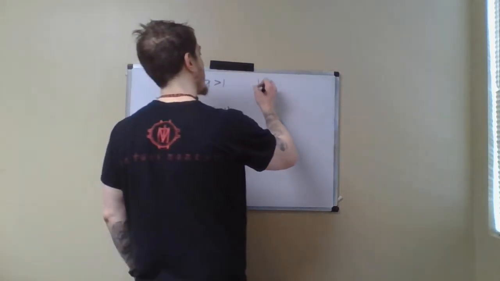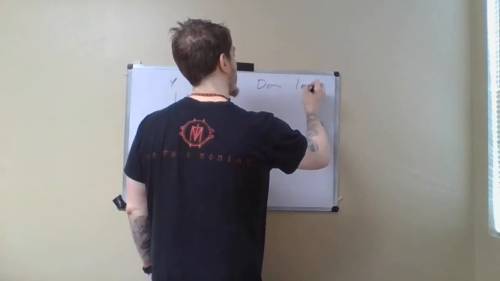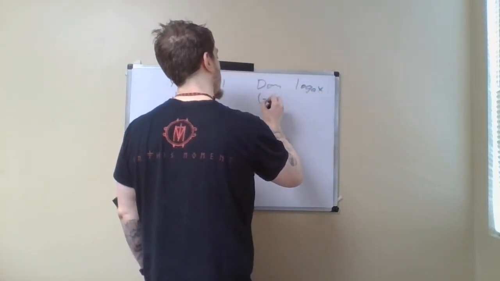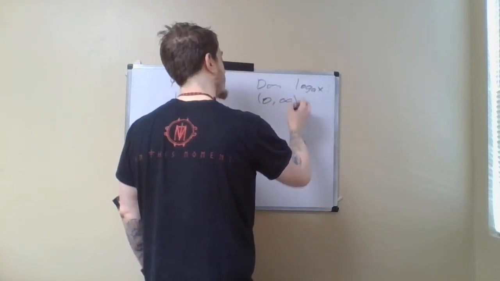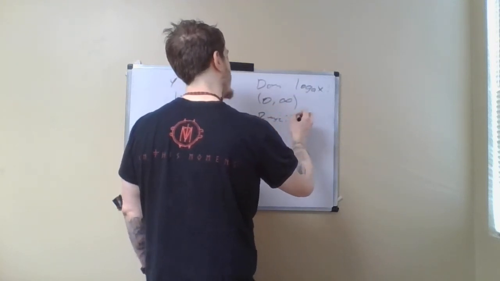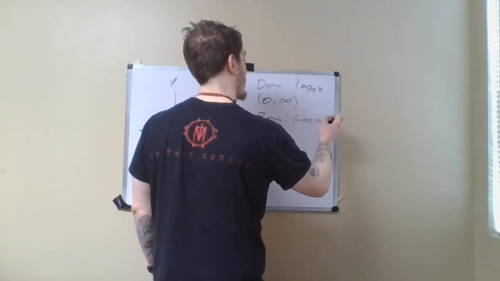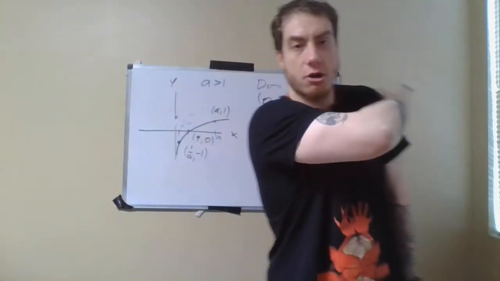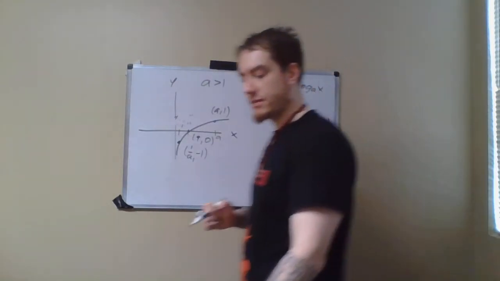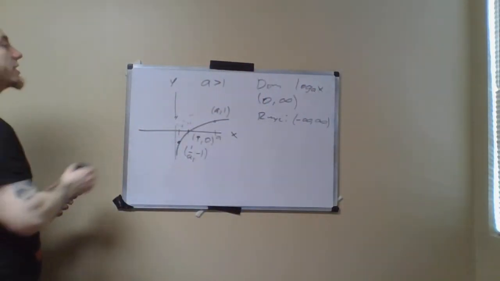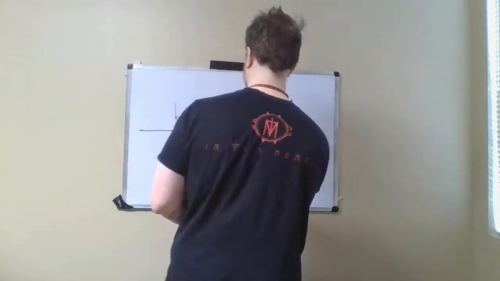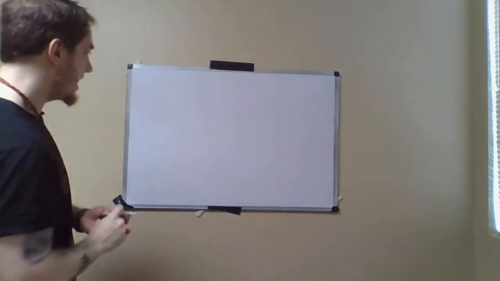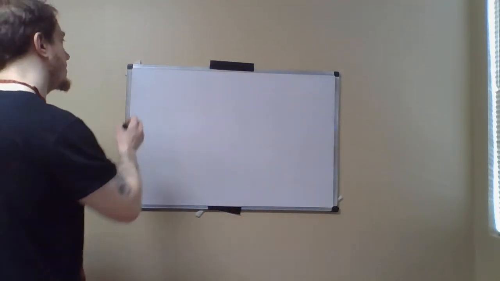Now, notice that the domain for log base a of x is going to be all positive numbers, and the range is going to be all real numbers. And that's true whether a is bigger than 1 or between 0 and 1. There are a couple of really important properties of the logarithm that I want to remind you of here as well. And those properties are that